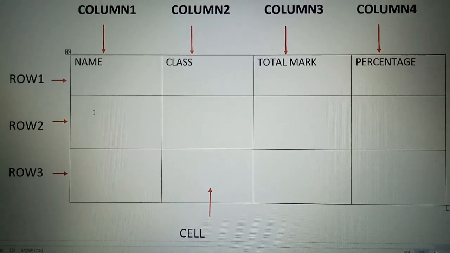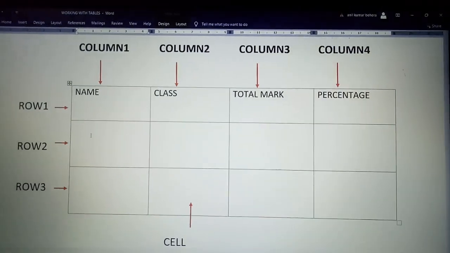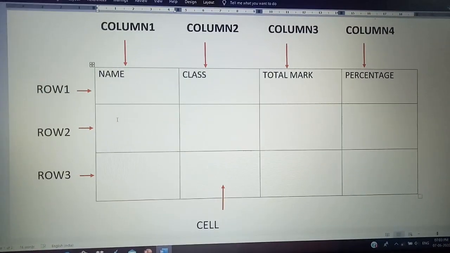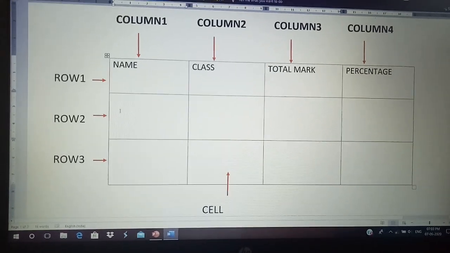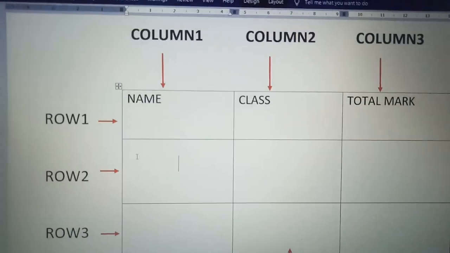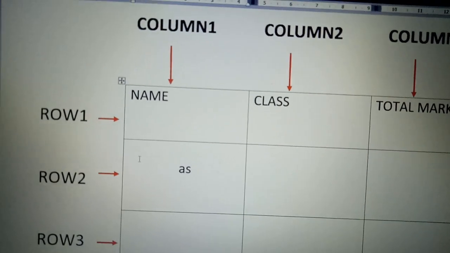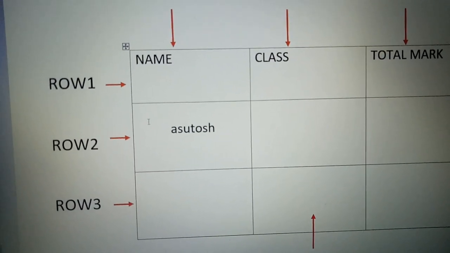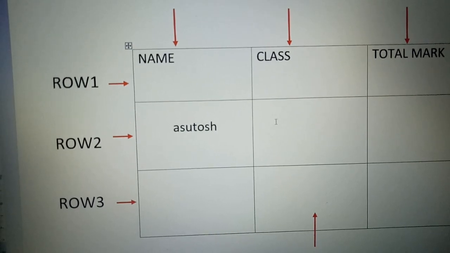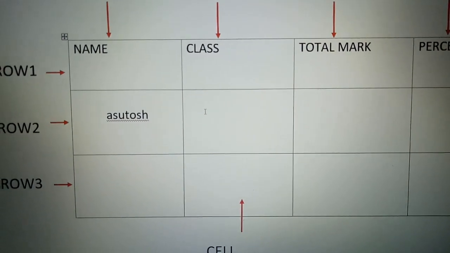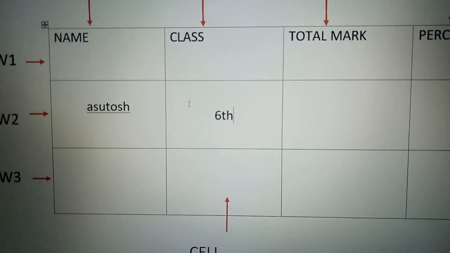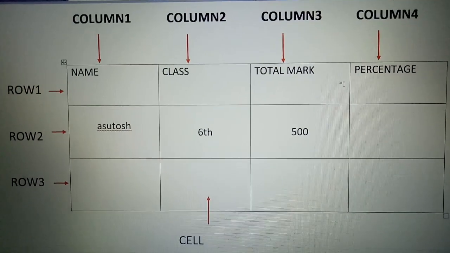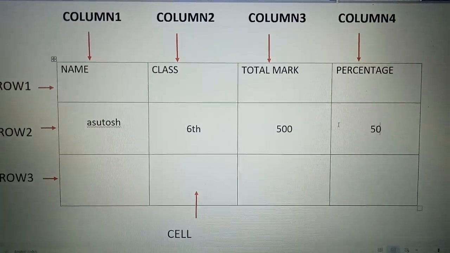For example, if I write here the name of the student, class 6th, total marks suppose say 500 and percentage is 50%.